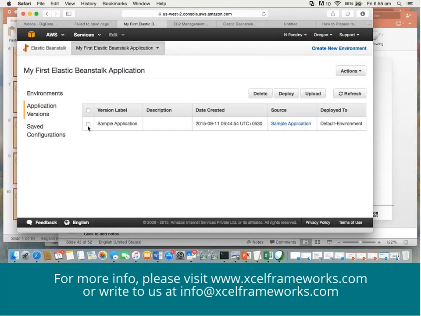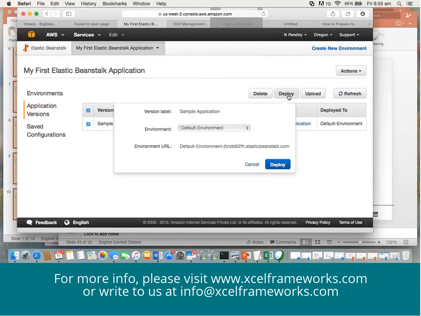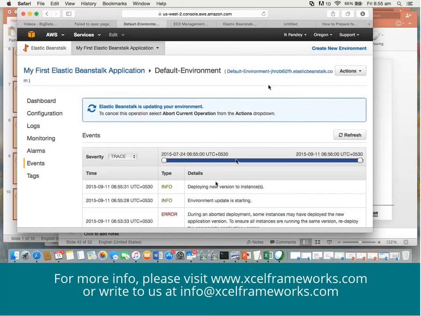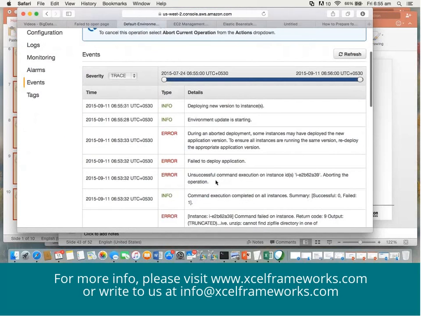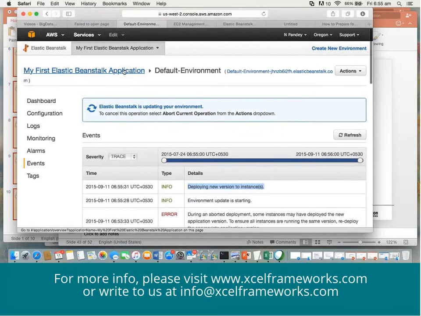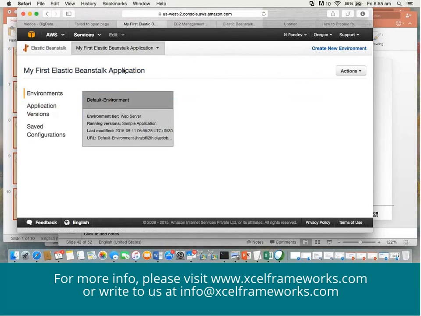I'll select here and click on deploy. This is the URL. And if you see now, it was deployed successfully because it was a valid war. Okay. I'll go here and now if you see event pages, environment update is running and deploying a new version of the instance. So your application is deployed now. Right? This is how you will work with Elastic Beanstalk basics.